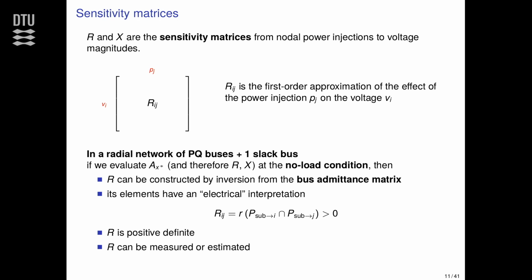In the case that we are considering, there is only one slack bus, which is the point where it's connected to the transmission grid, and the rest is all a radial network of PQ buses. Then this matrix R can be inspected and constructed very easily. Numerically, you can take the bus admittance matrix, you remember the Y at the beginning, invert it, and with some minor manipulation, you get the R. Elements have an interpretation, so what I mean here in this expression